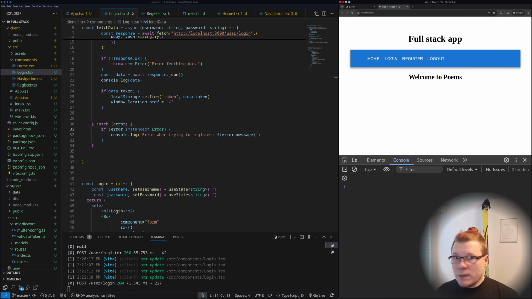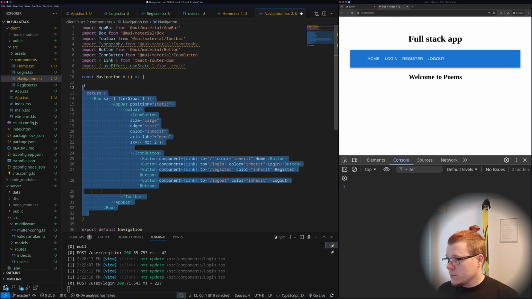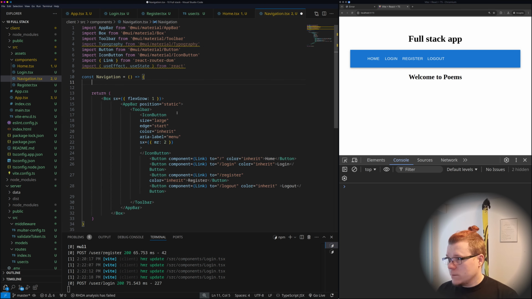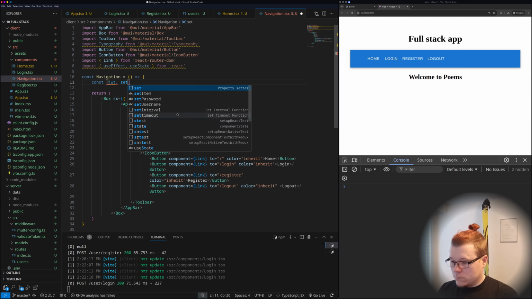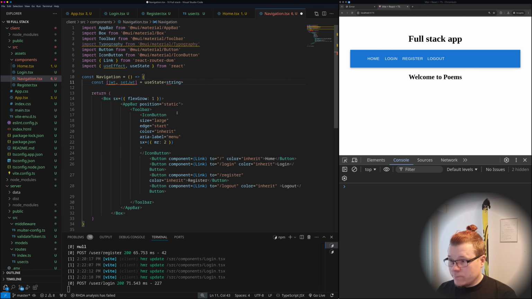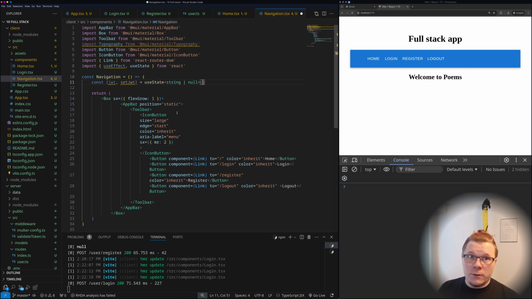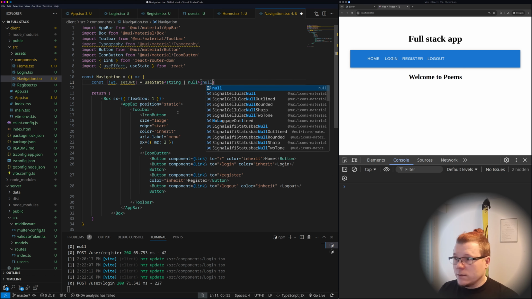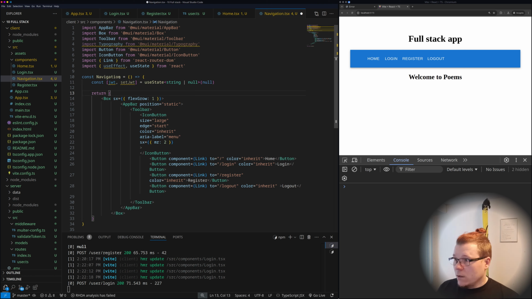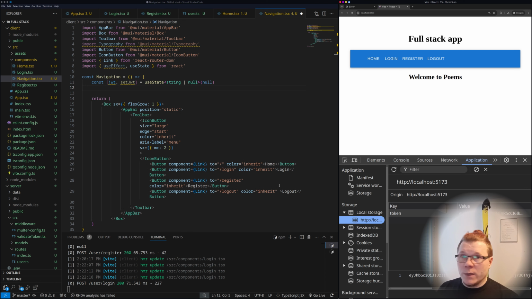Okay, then let's go back to this navigation part, some kind of a use state for this. JWT. So this might be a string or it might be null. If we are using this application without logging in, then it's definitely null. If the user has logged in, authenticated, then it has some kind of a string there. And how do we get that? It is here, the token. How do we get that to our